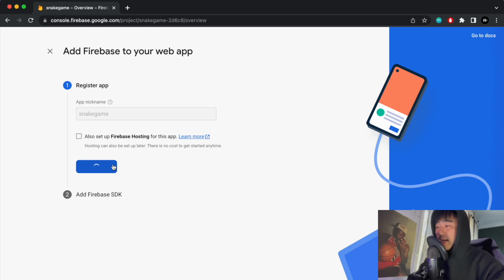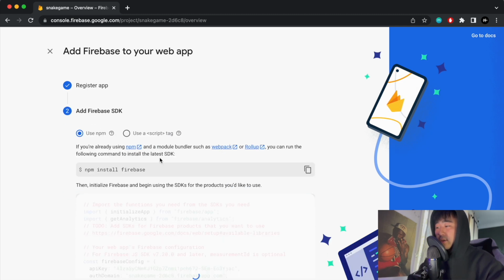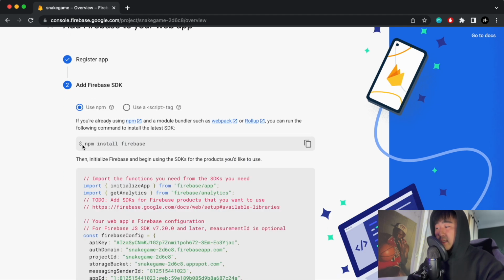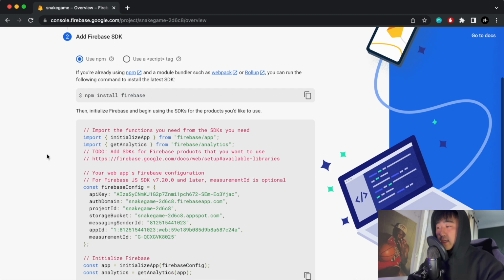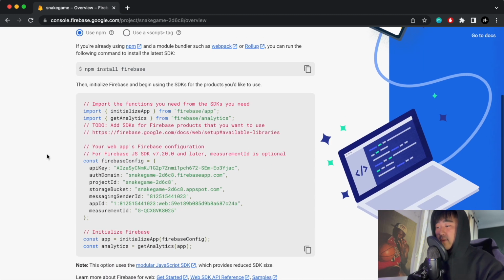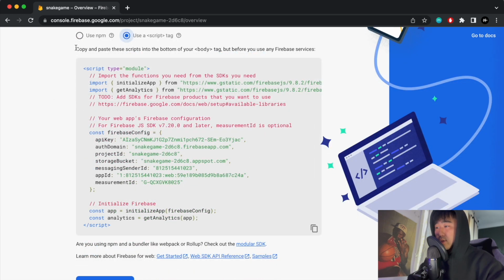And let's register this app. And later we'll do this Firebase hosting as well. So if you haven't done this, then you can go ahead and install this Firebase, but we can also use a script tag and say copy and paste these scripts to the bottom of your body tag, but before any Firebase services. So just grab this script